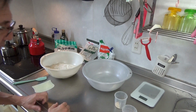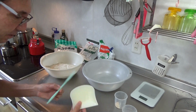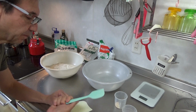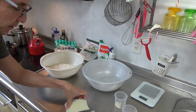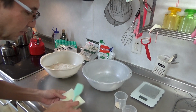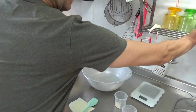Okay, so one of the things to just remember is never panic, and some tools you can have here, things like this, a plastic dough scraper. I also keep one of these little cake spatulas that also helps to clean off the dough scraper if you need, or clean off edges of the bowl. That's what this is used for. Other tools of the trade you might want to have handy